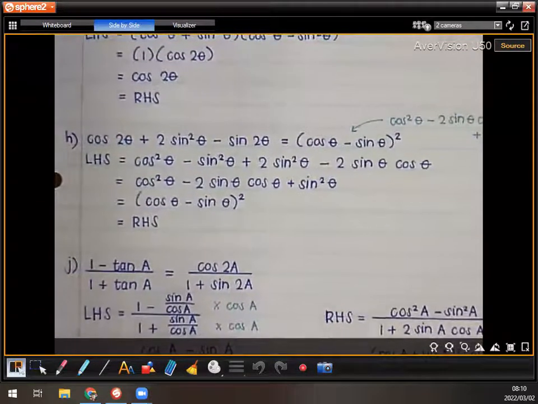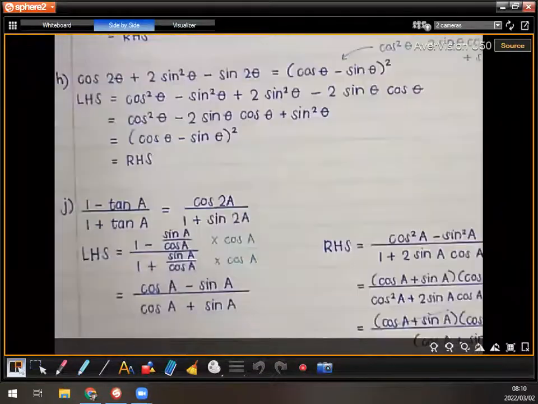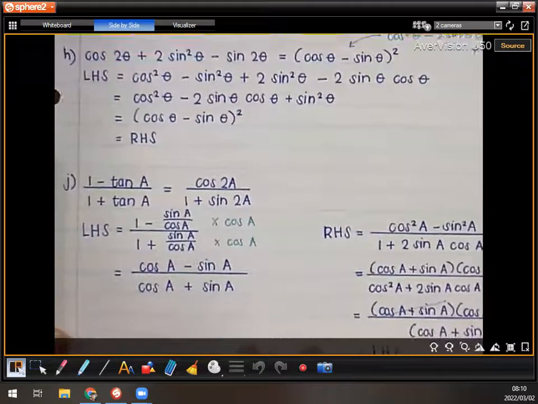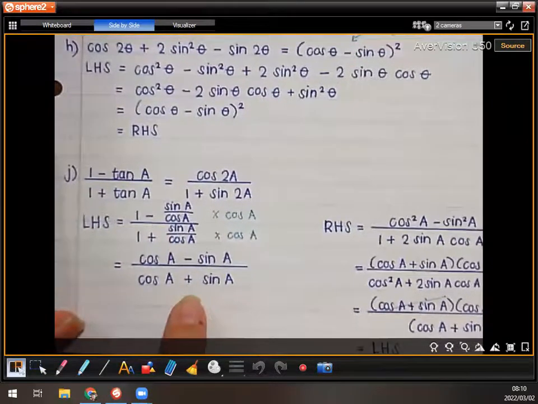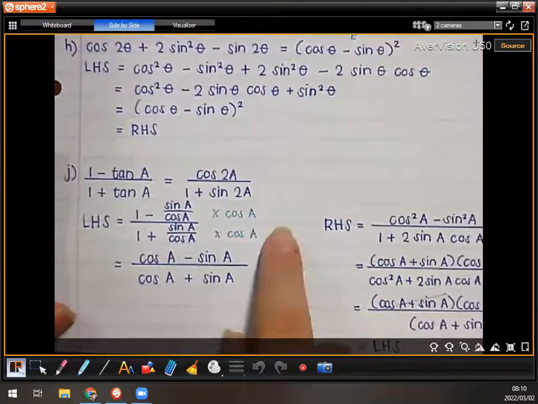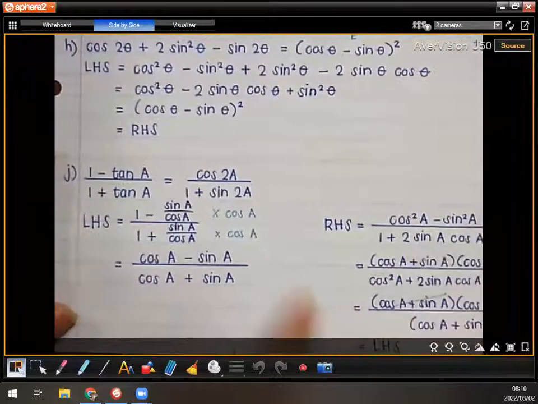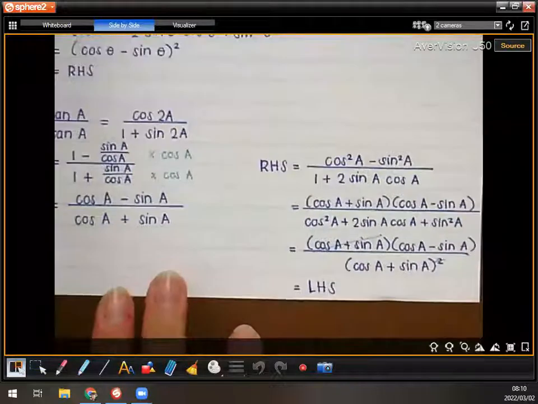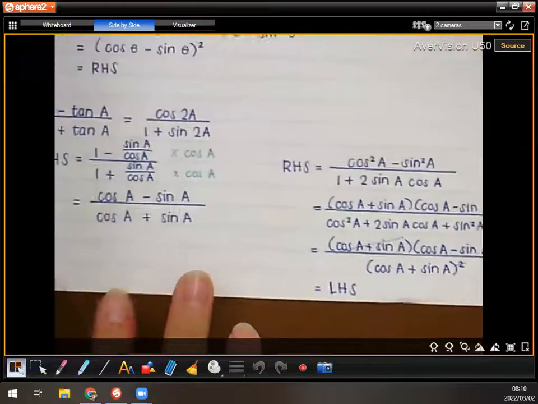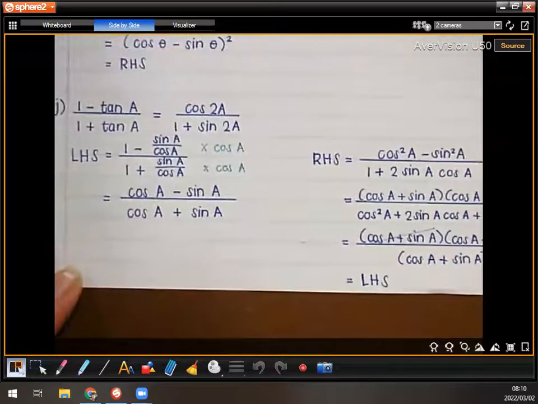Okay, guys, for J, I don't know, maybe some of you found a simpler way, but I worked on the left, and then I got to this, and then I thought, okay, now I can times the top and the bottom by the conjugate, but let's see, maybe it will be faster if I work on the right-hand side. It probably wasn't faster to do it like this, but yeah, like I just said to Talia,